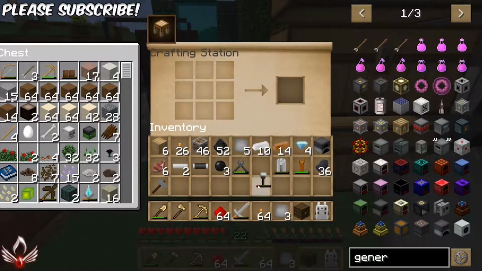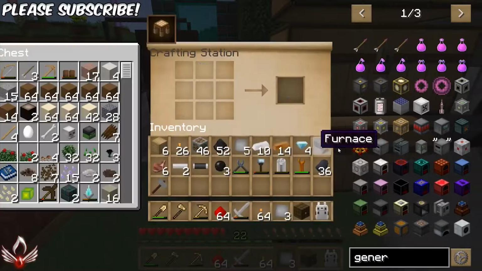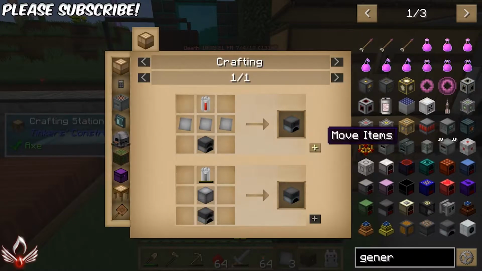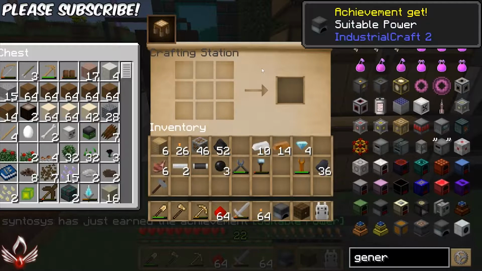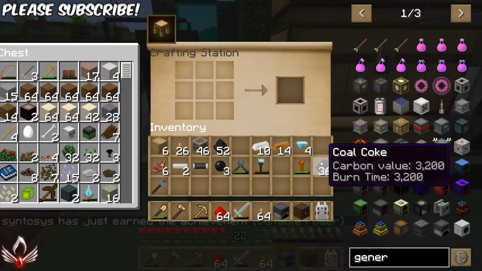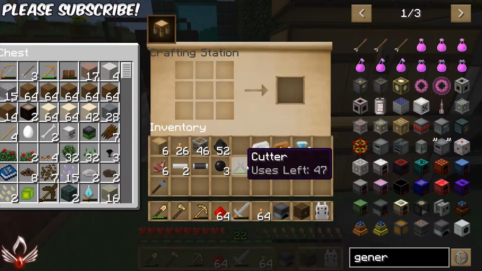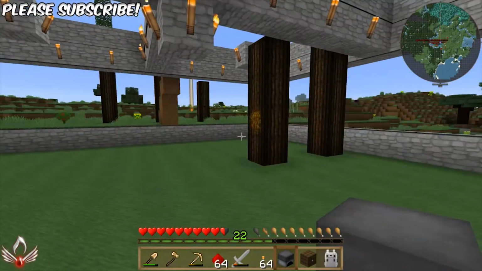Nice. Okay, so we got another block over there. Now, what we're going to make is this iron furnace, like so, and we've got enough, so we'll make a generator. So, with our coal coke, which burns at 3,200 burn time, and with our IC2 generator and IC2 BatBox,